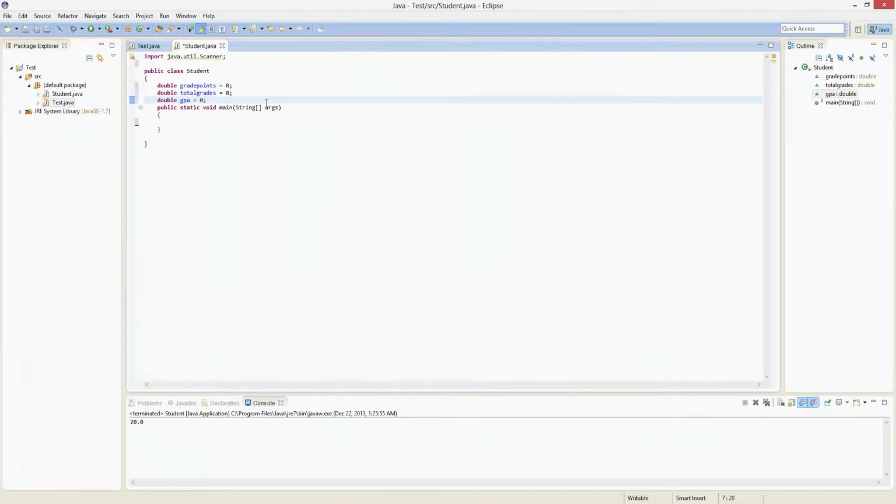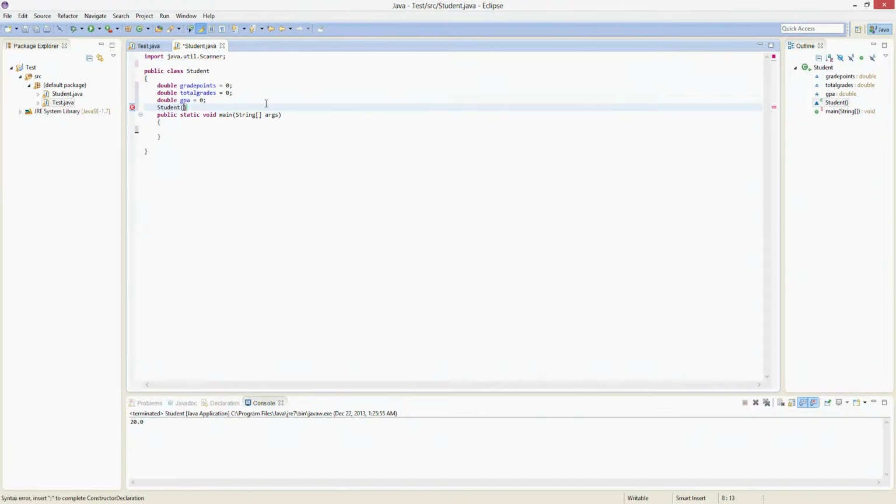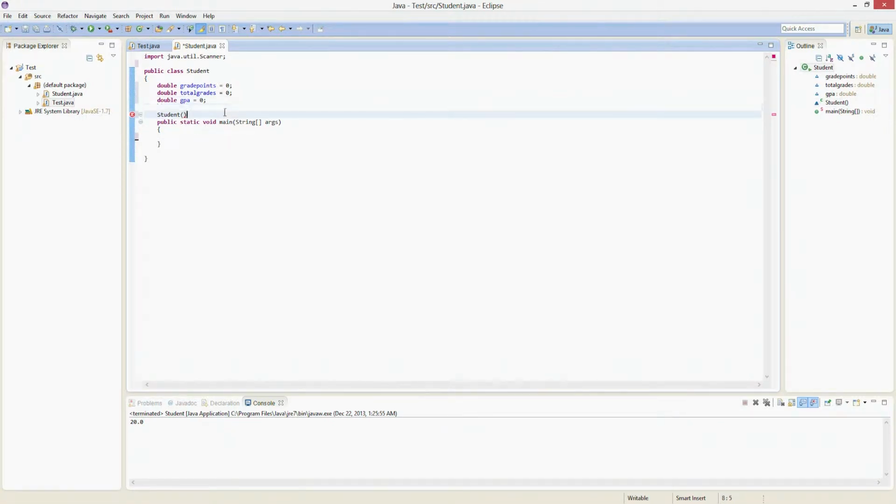And then what we're going to do is something called a constructor. So we have Student. What you're going to do is create our first method, but it's going to be called a constructor. So all you have to do is write Student and have it closed, right? Now this is where you could accept parameters, which we haven't really talked about recently, but something that you know about parameters is